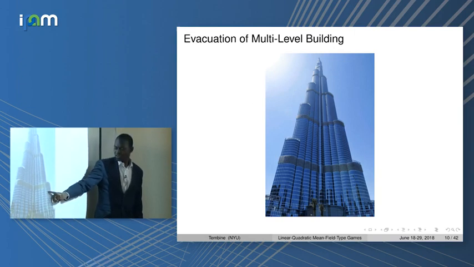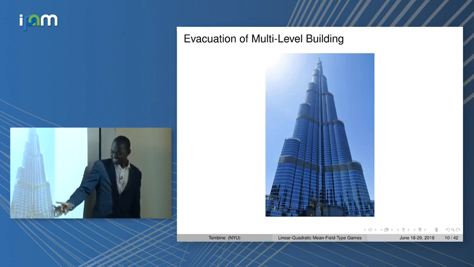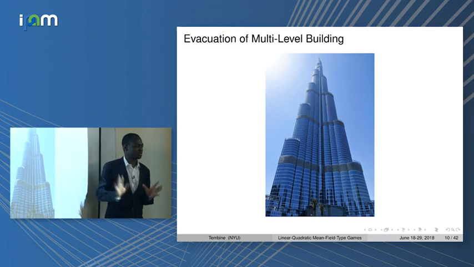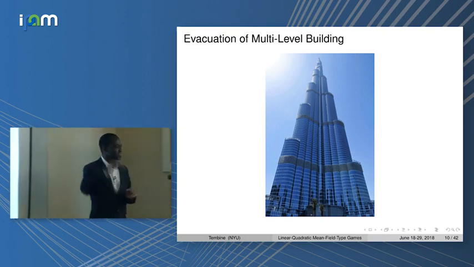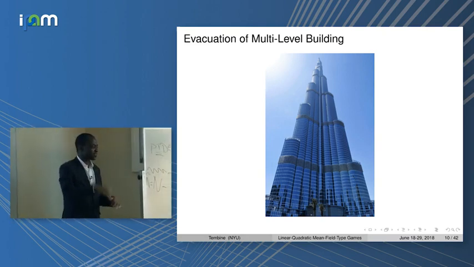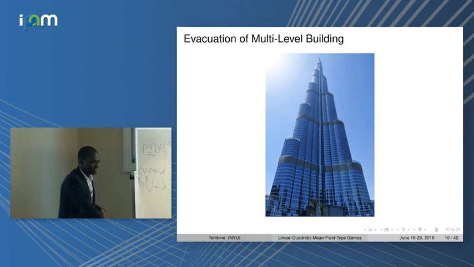So if you are at the 18th floor, so this is 0 to 25th floor, if you are here, it's better to go to this area, and you'll be evacuated here directly through the sky bridge. But if you are somewhere here, maybe you want to go down. So this has a specific structure. You don't have to go down all the time. Otherwise, you have to do 163 floors.